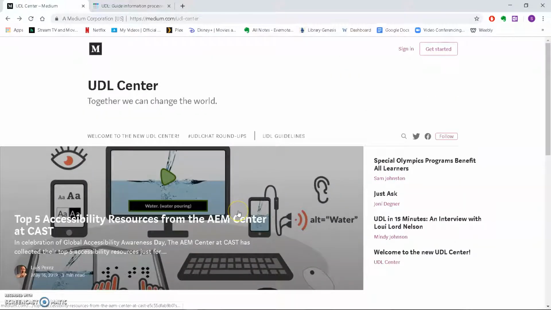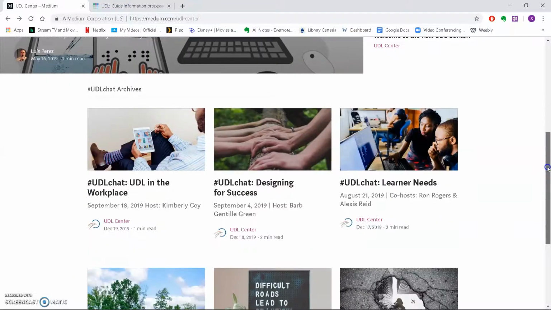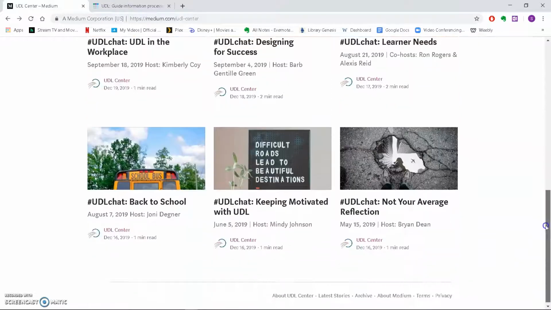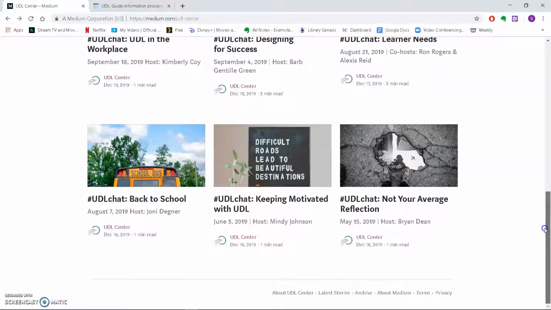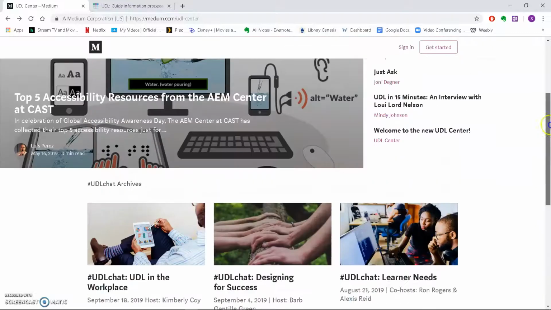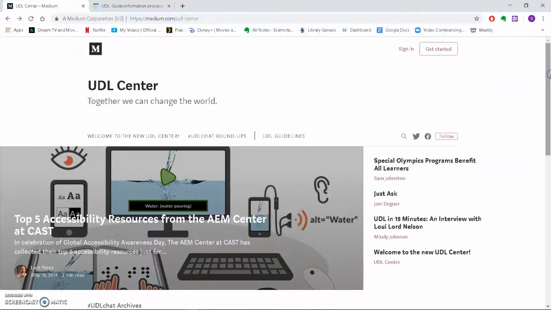It is free. You can sign in and make it more personalized, but you don't have to. It's a really excellent resource for almost anyone that wants to use it, that's looking to expand not only their understanding of UDL, but also looking for news or examples that other teachers and members have posted. And this also, again, links all the way back to CAST, which has a much larger plethora of resources at their disposal as well.